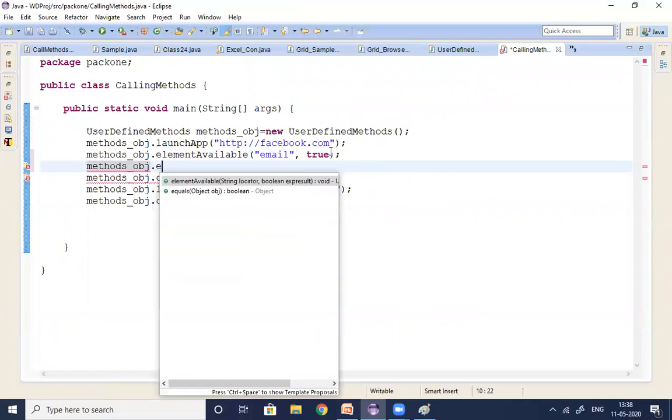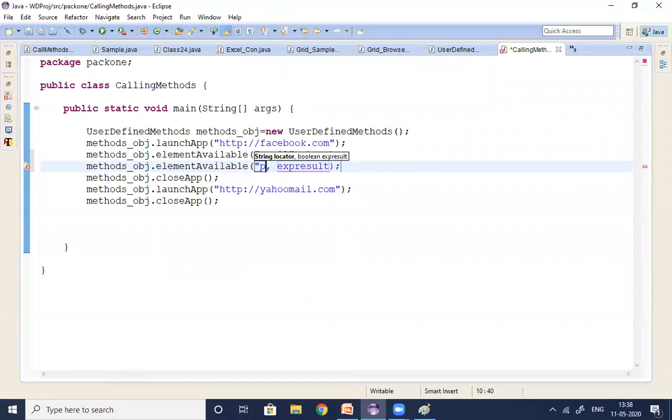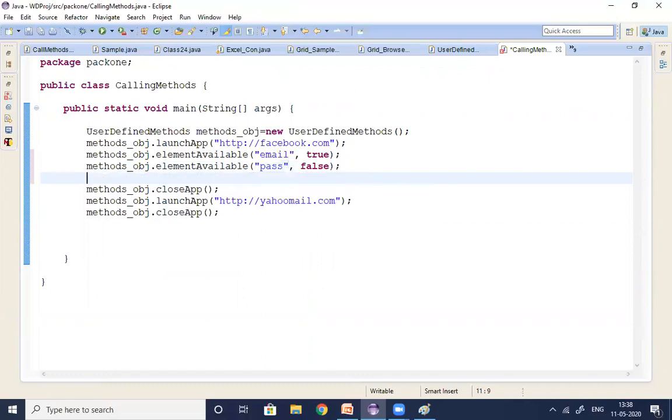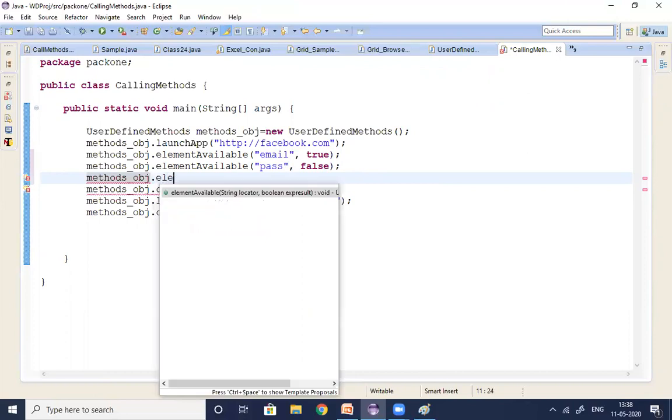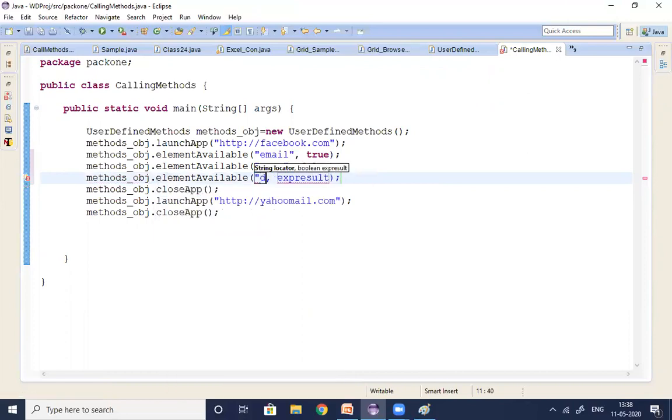Methods object dot element available, pass, and the expected result is false. And the day drop down should be available. Methods object dot element available, day, and the expected result is true. Should be available means true. Should not be available means we are giving it as false.